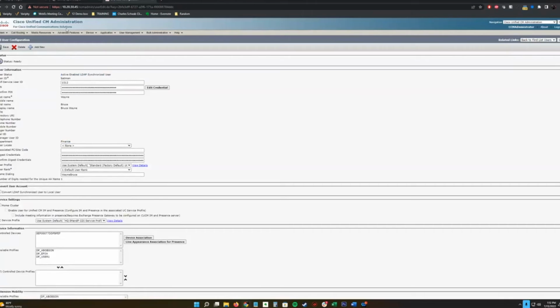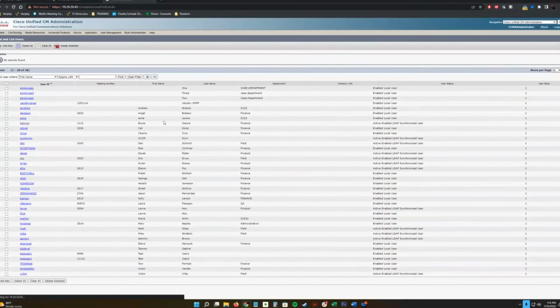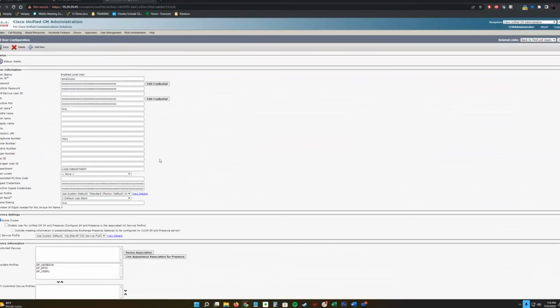If they were a local user, meaning this was created inside of Call Manager, not LDAP, like employee number 1 here, then we can change the department and the manager user ID. Hope that makes sense.